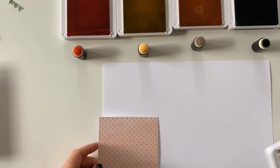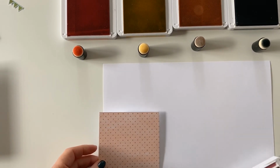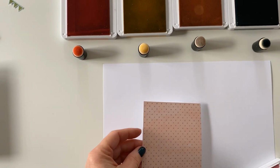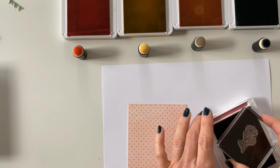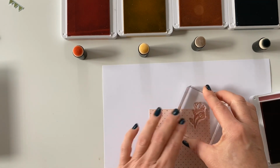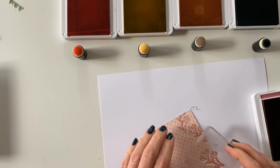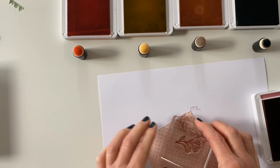I am obsessed with this card kit and I want to show you some more cards that I've been making. I took the card that is a folding card and I cut out the panel that has the little X's on it, and I'm going to use the small flower stamp from the kit. And once again, like in my video from yesterday, if you didn't see that, I will link it below. I'm going to do some all over stamping with some Rococo Rose, which is the matching color for this piece